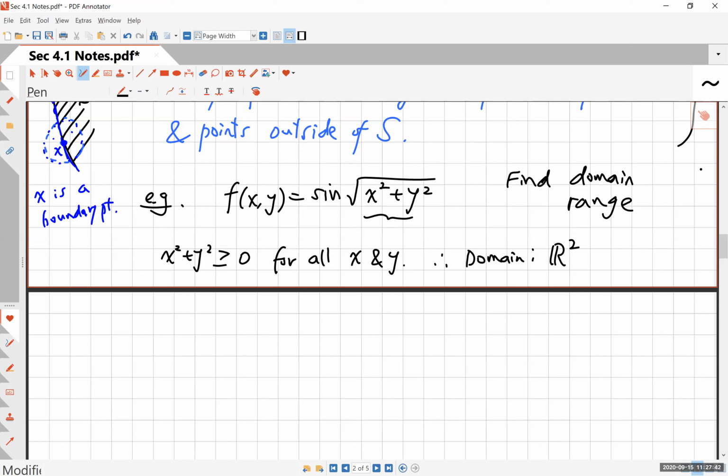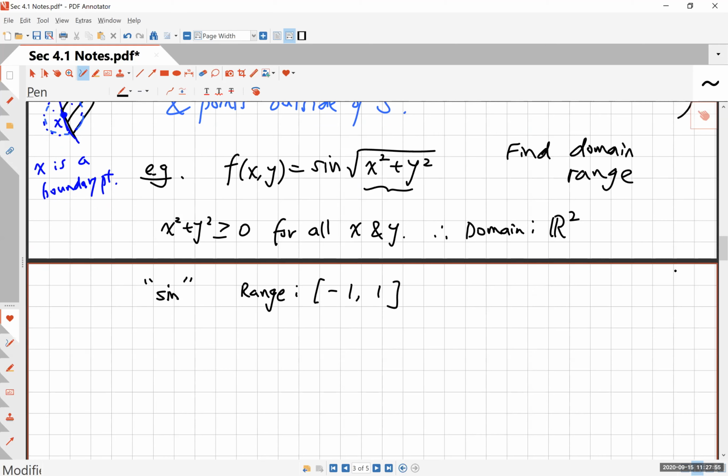All right, so what's the range of this? Well, because of the sine function, the range is going to be from -1 to +1. That's it. The z value, or f of (x, y), will not be more than 1 and less than -1. And by the way, I want you to recall what this is. What is the square root of x squared plus y squared? Otherwise known as r. If you remember the cylindrical or even polar coordinates, this was known as r. This is the distance from the origin